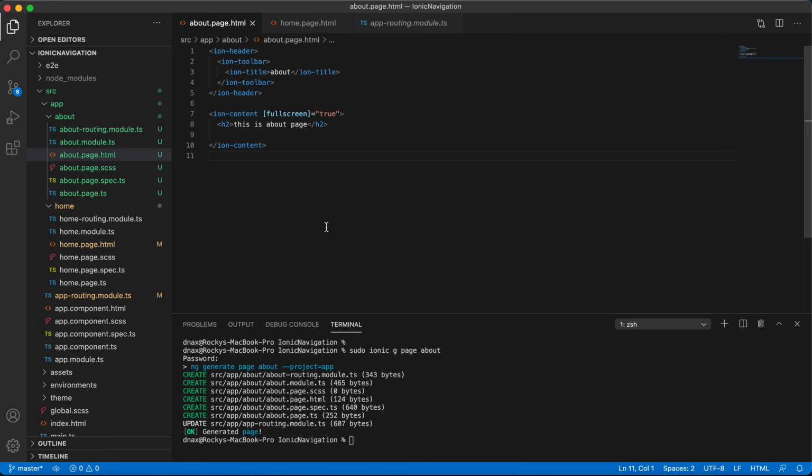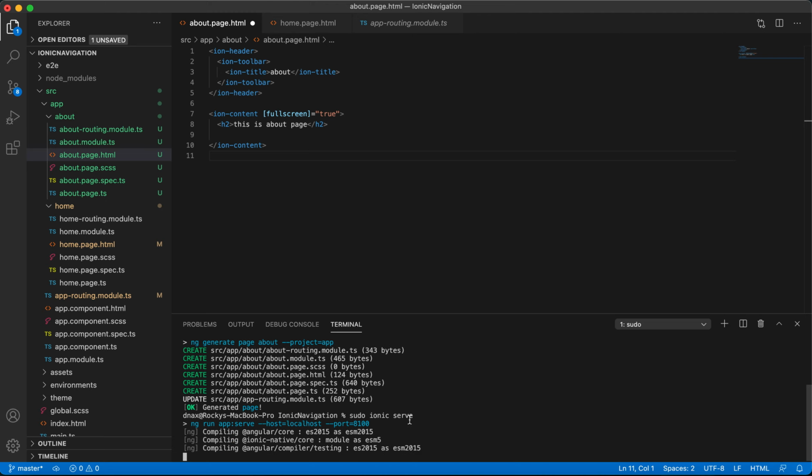Now we will run this and check how it looks. Sorry, here sudo ionic serve, port 8100, it's running.